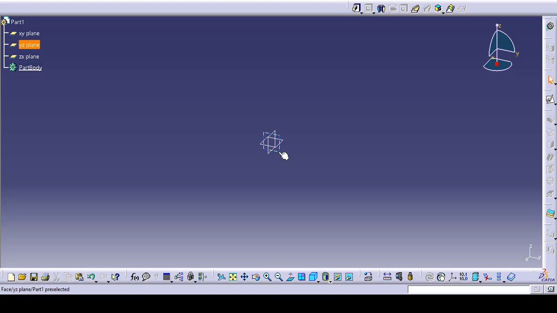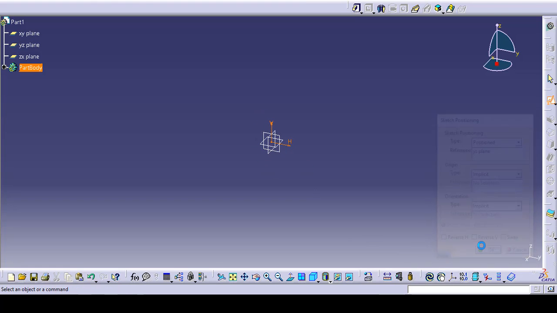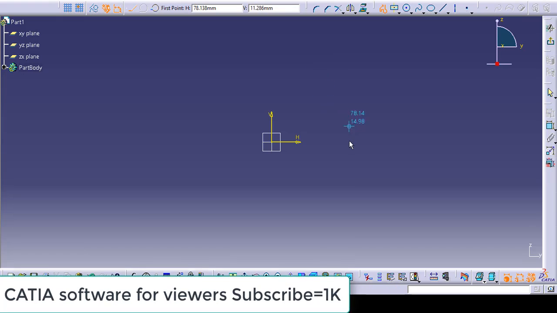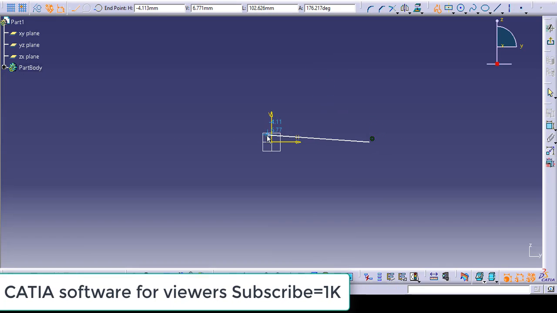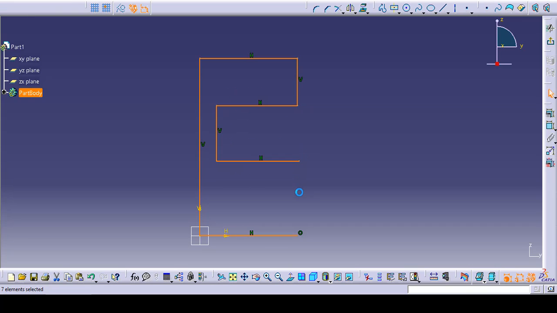We will follow the same approach. Select the plane, position sketch, orient the plane. Okay. I will create one sketch to understand all the features of the hole command. In the hole command, we can create a blind hole, a counterbored hole, countersunk, tapered, and all the holes. We will see one by one how to create them and what kind of features we have in the hole command.